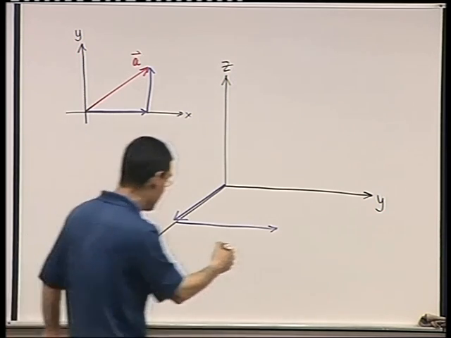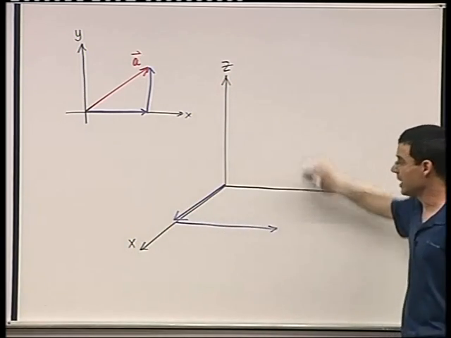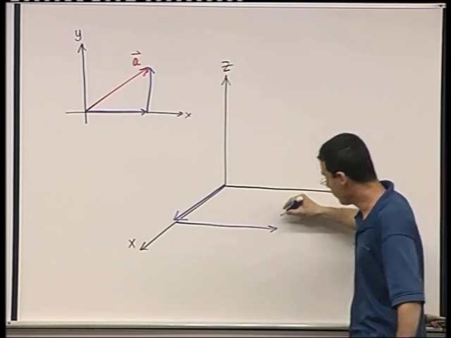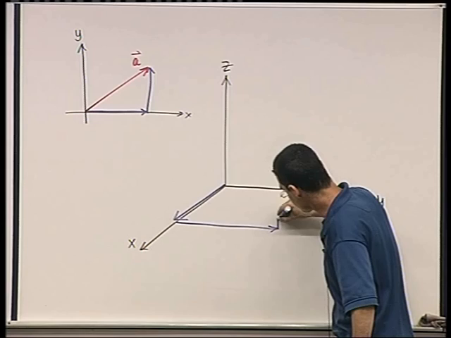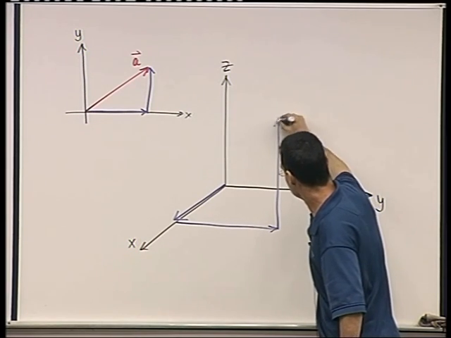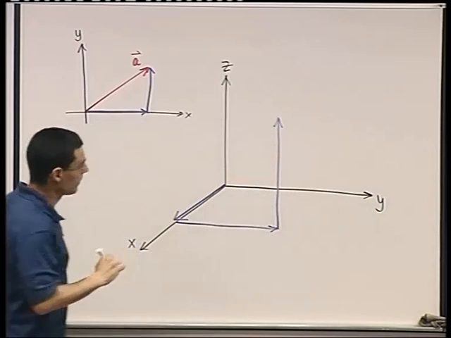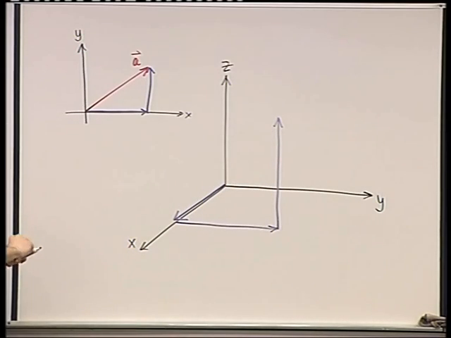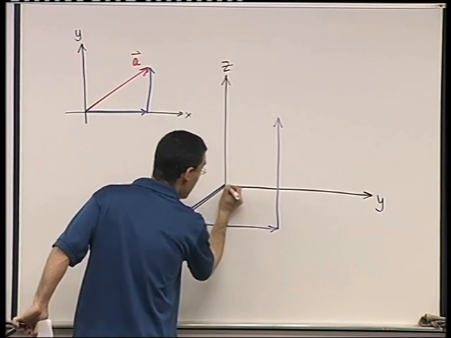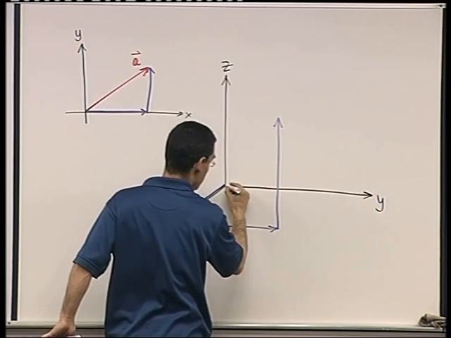And now I'm going to add to that a vector in the direction of the z-axis. But I'm going to have to start it here in order to add them. Here goes. Okay. So the sum of these 3 vectors is a vector that starts here and ends where this one ends. It's this vector